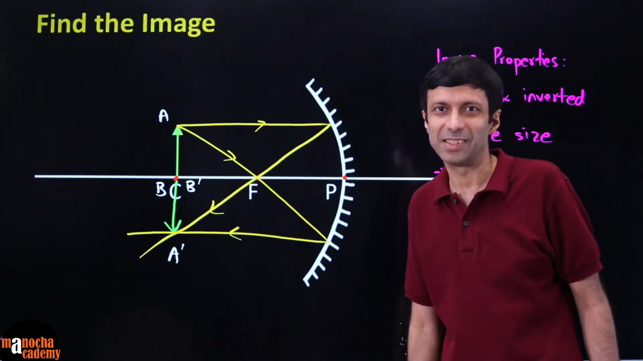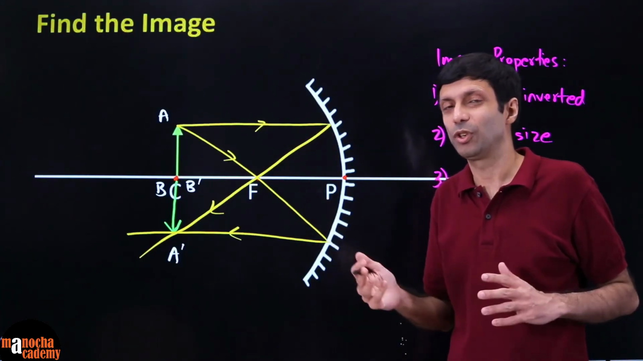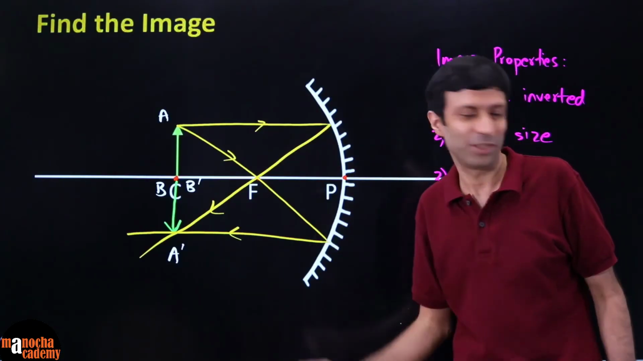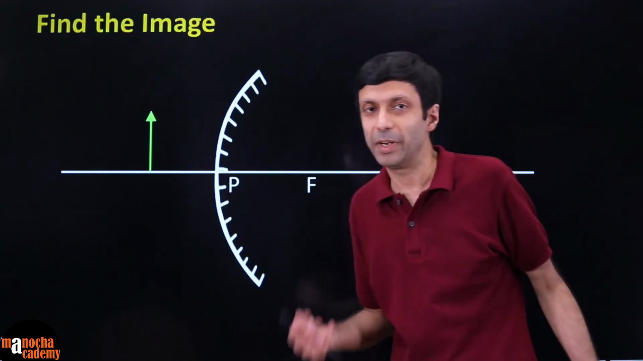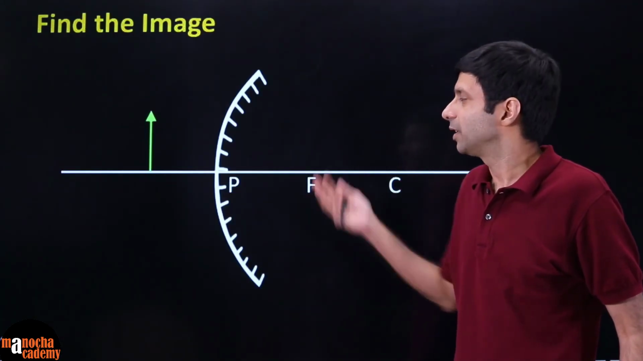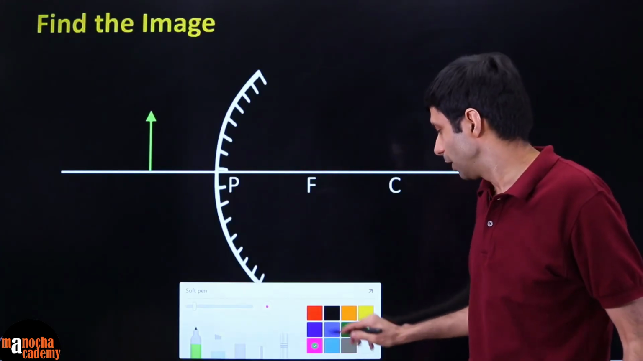So those are the properties. So decide real, virtual and inverted, upright, right? What is the size and then the position of the image. Let's try a convex mirror. So we have been doing concave mirrors till now. Convex mirror, let's try. So let's say the object is kept here in front of the mirror, and this is